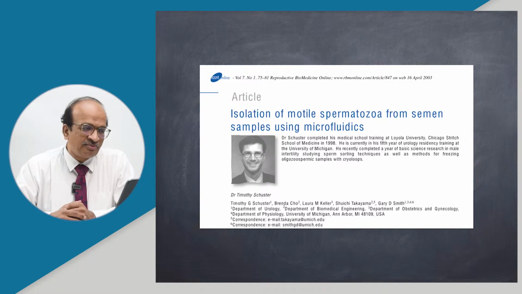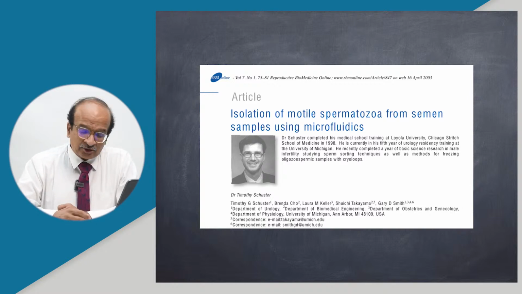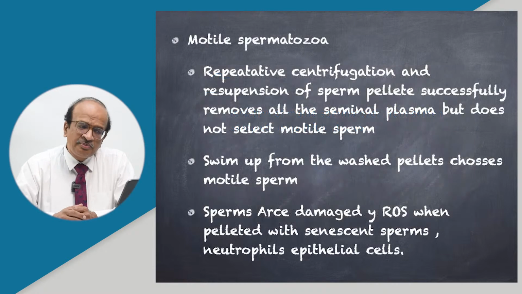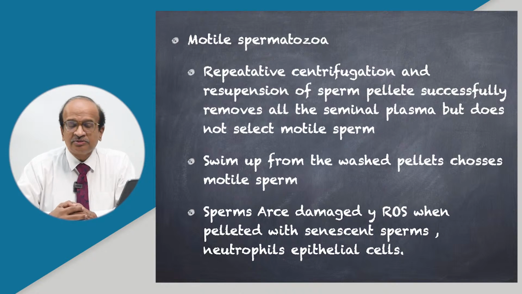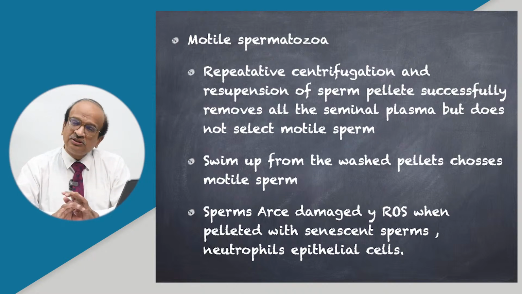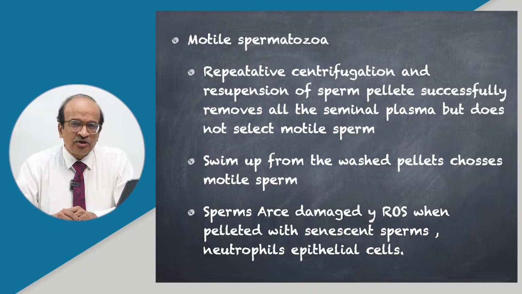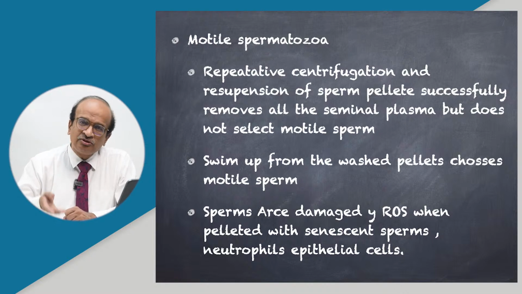This was published way back in 2003 in RBM Online, and it talked about isolation of motile spermatozoa from semen by microfluidic technology. Repetitive centrifugation and resuspension of the sperm pellet successfully removes all the seminal plasma and macrophages, etc., but still may not select a motile sperm. For the motile sperm to be selected, you need to overlay with a media and allow the sperm to swim